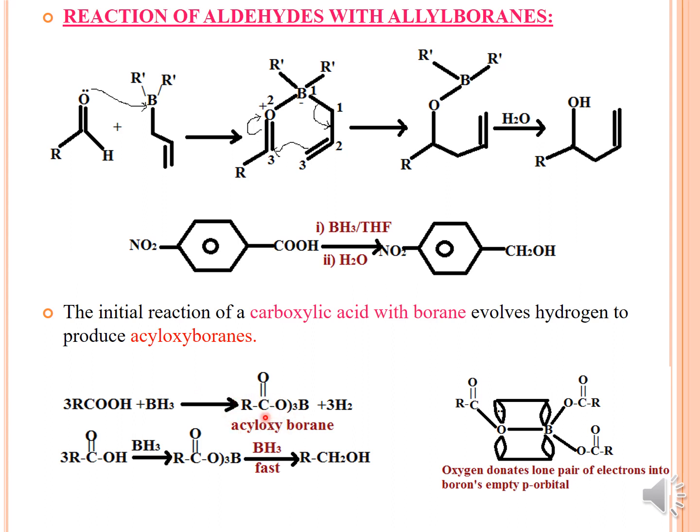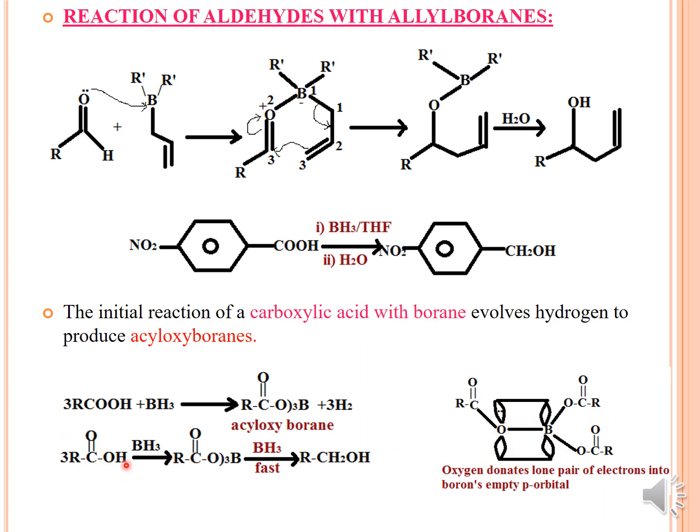Okay, and here, with the cleavage of one of the hydrogen atoms, you can see this ring, that is your triacyloxyborane, how it will be there. The oxygen will donate the lone pair of electrons into the boron empty orbital. Alright, here you can see this is a carboxylic acid group, carboxylate attached to the boron atom. Okay, this is how you have to show.